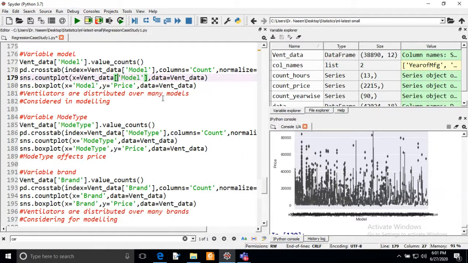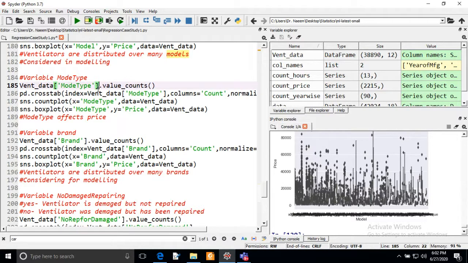So we are unable to see the actual effect of the model, but generally the intuition will say we can use the model for analysis, because whenever we are going to buy any article or any item, we look at the model of that item. So by intuition we can use it, because the plots are not showing enough information.